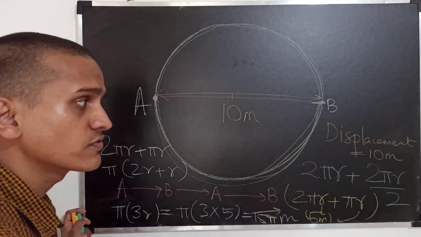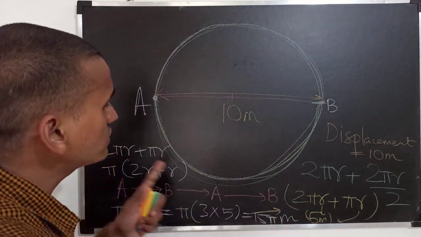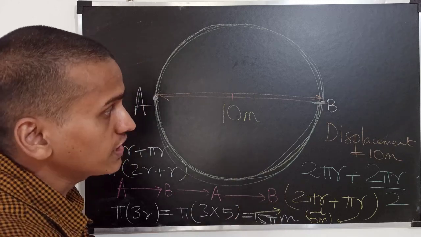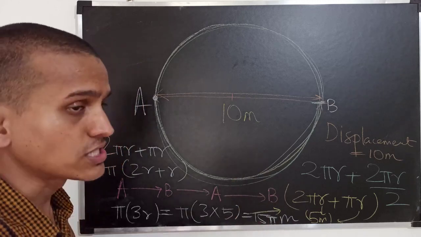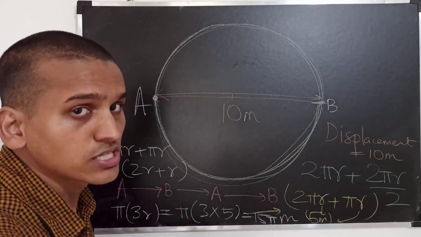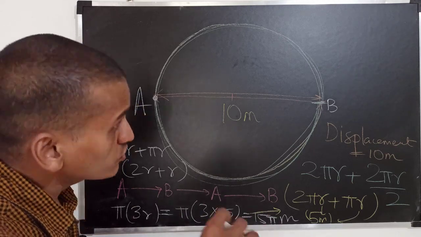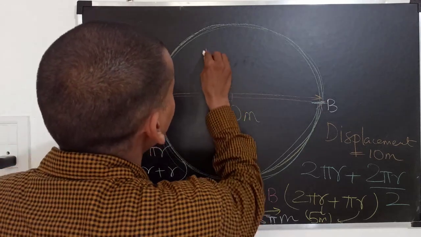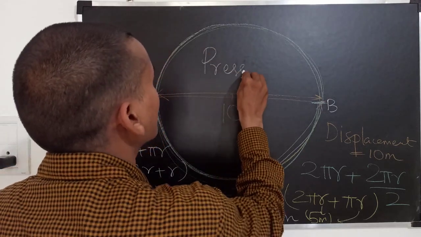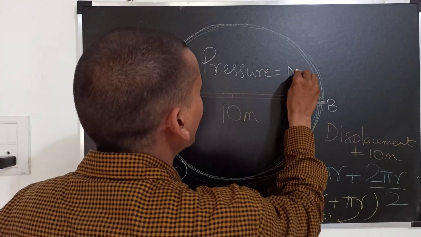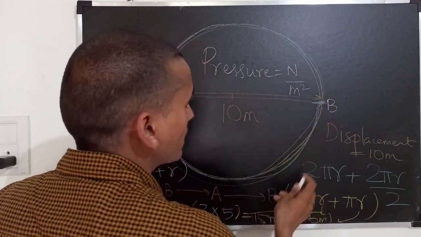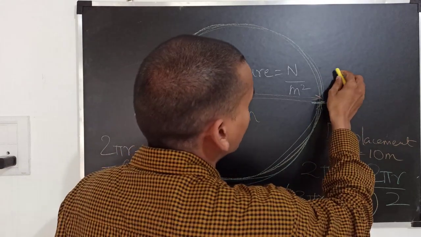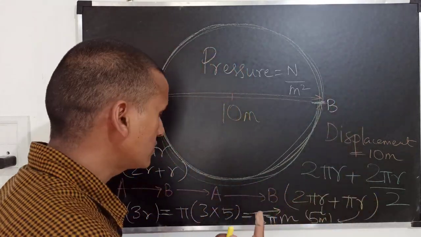So write the unit. Unit is very important. See, for both distance and displacement, the unit is meter, but they are not the same. Although the unit is meter, they are not the same quantity. There are many quantities whose units are same, but they are not the same thing. For example, pressure unit is Newton per meter square. Okay, and even force, like pressure, and there is another quantity.